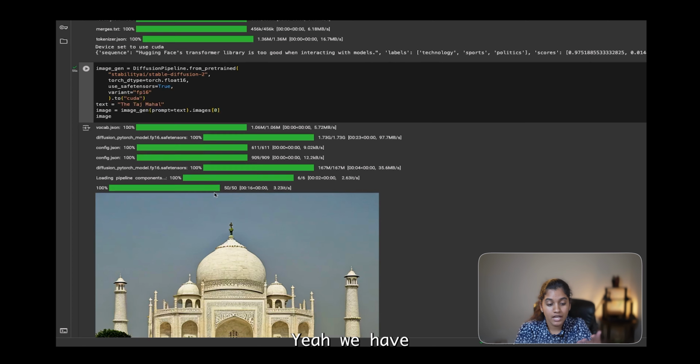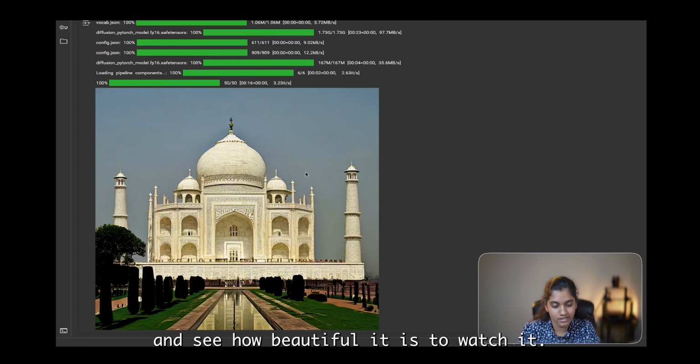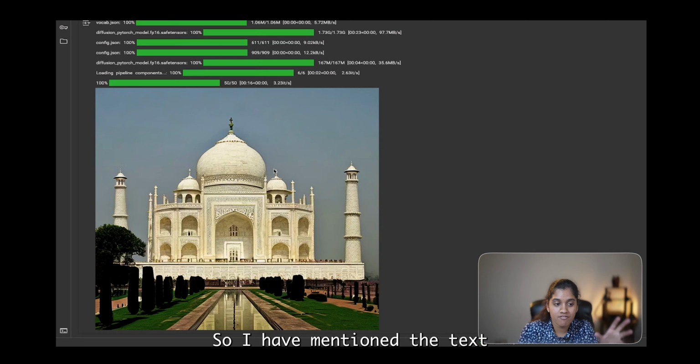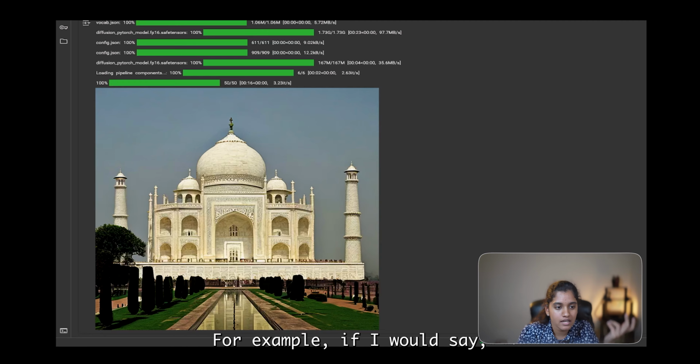Yeah, we have got the image of the Taj Mahal, and see how beautiful it is to watch it. So this is all about the image generation. So I have mentioned the text, like the prompt, as the Taj Mahal, so it has given me the image of that. For example, if I would say